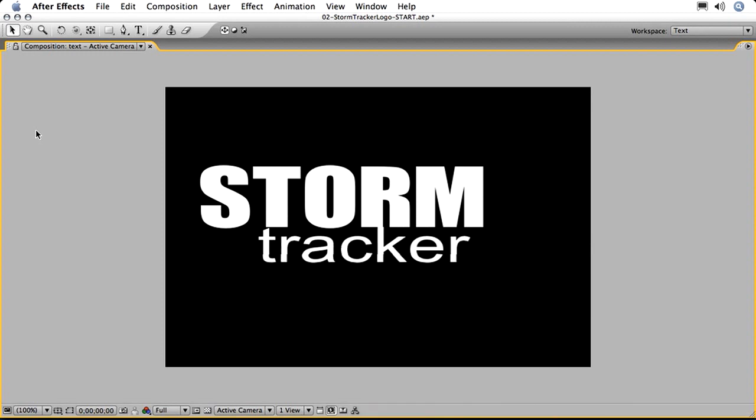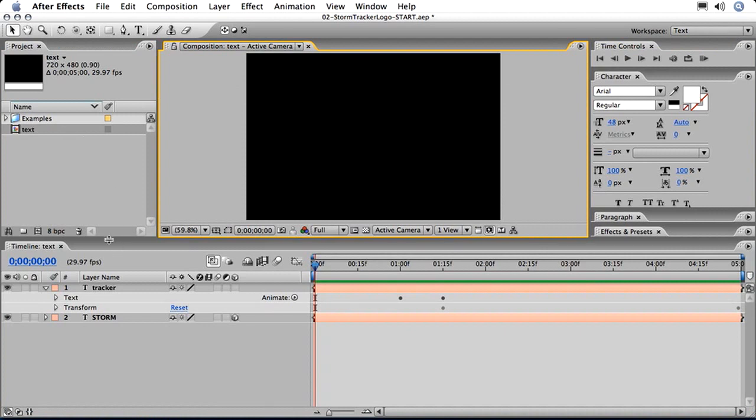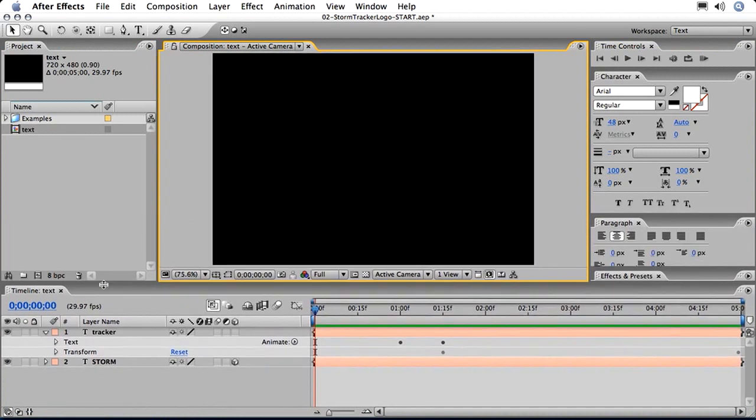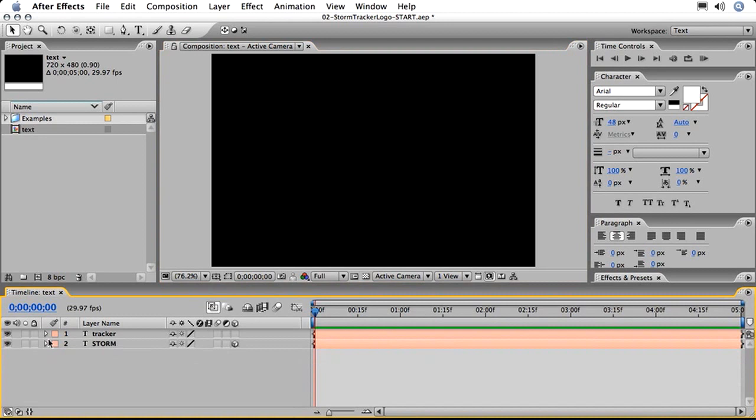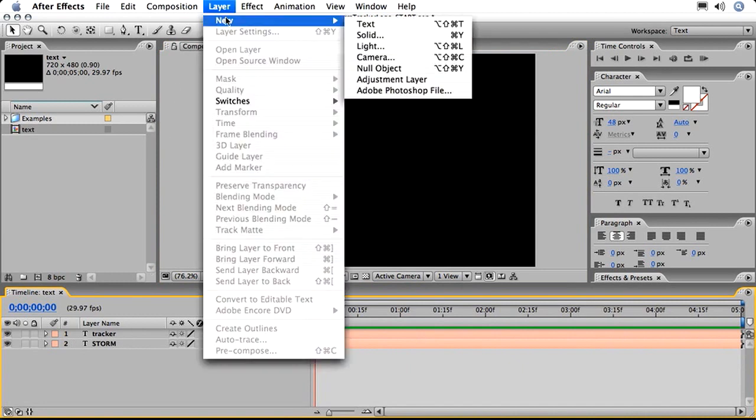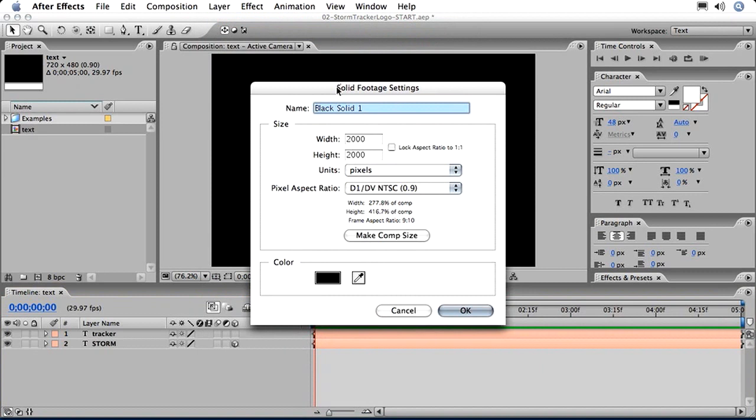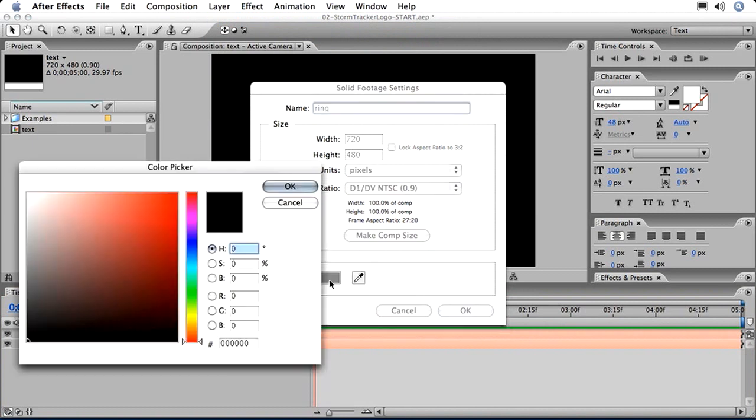So let's click on the composition window, select the tilde key to reset that, stretch this down a little bit, toggle collapse tracker and storm, and we'll start working on our 7 logo. So what I want you to do is create a new solid, so Layer, New, Solid. I want you to name this ring, and I want you to put it to comp size, 720 by 480, and let's make sure that it is